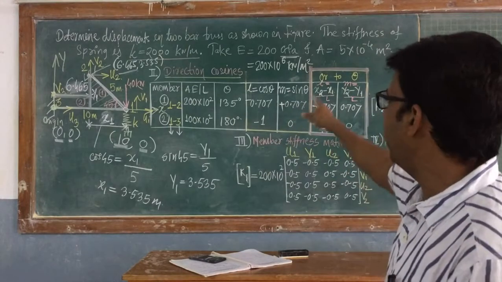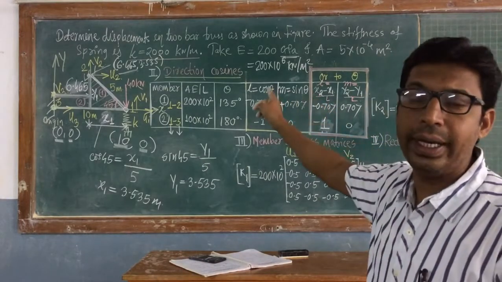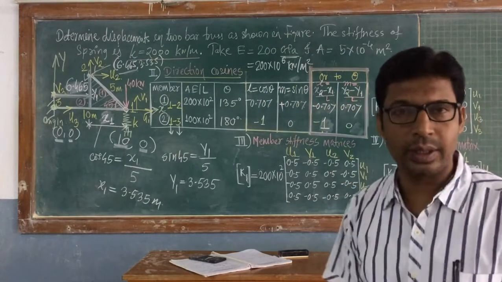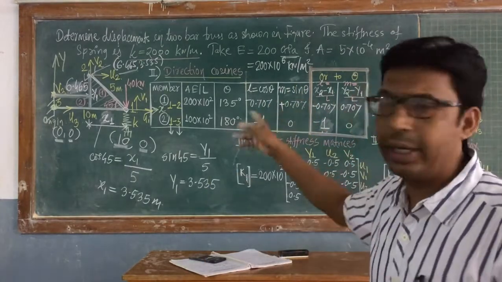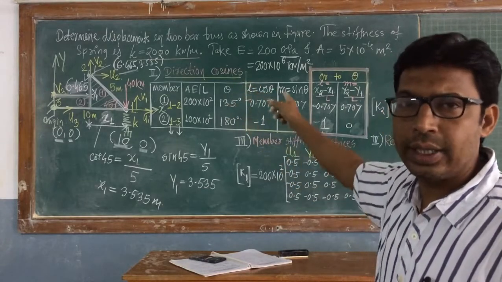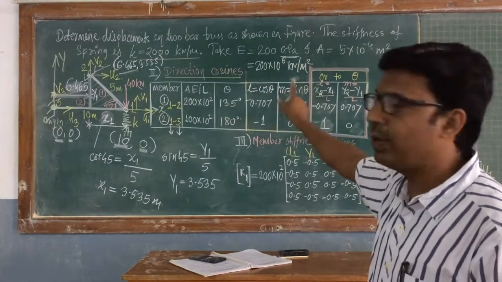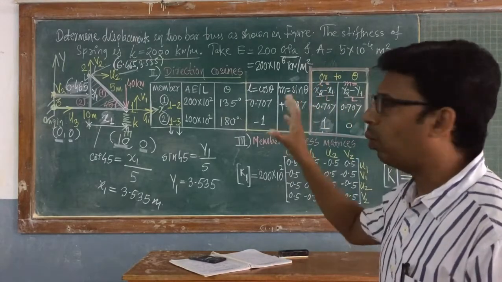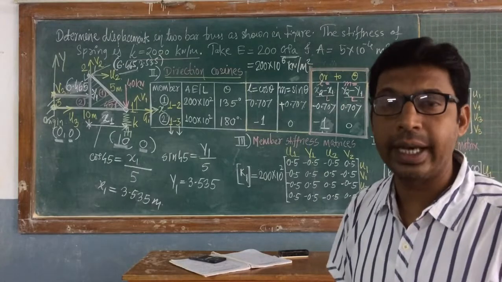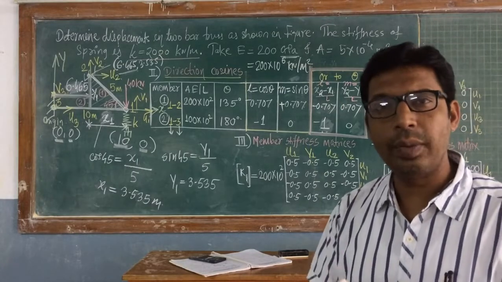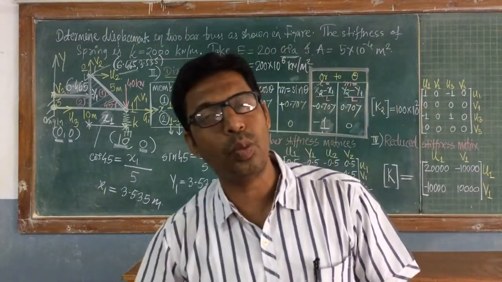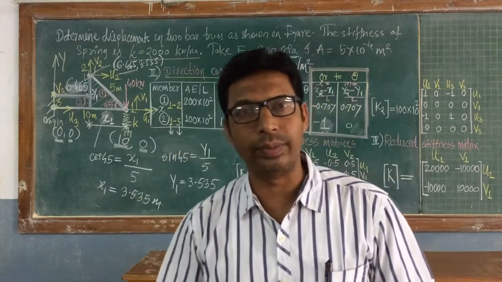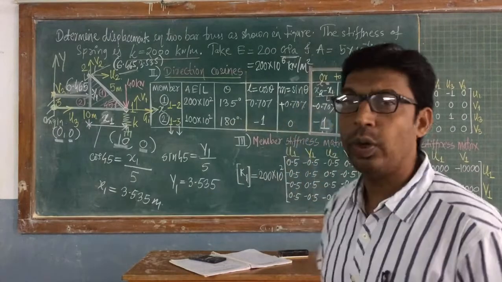Okay? And please understand that for 135 degree, cos of 135 is minus and sin of 135 is plus. Previously, earlier, we had written it reversed. Now it is corrected. Cos of 135 is minus, sin of 135 is plus. Okay? So this is the calculation of small l and small m, direction cosines. I always recommend to use the angle theta to calculate small l and small m instead of x2 minus x1 and y2 minus y1. Okay. So this is step number 2, important part.